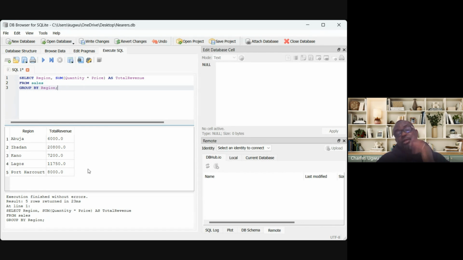So these are the things we are doing with a pivot table. If you remember pivot table in the spreadsheet, we use pivot table to be able to see sales by region, total revenue by region. So let's do more insights to understand the top 3 products sold by quantity. So we'll go back here, pick this command,